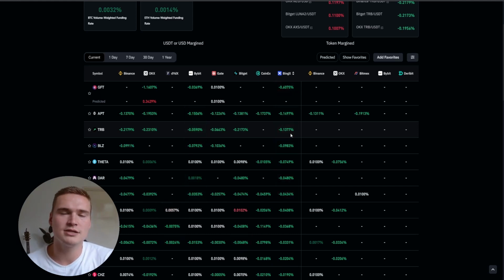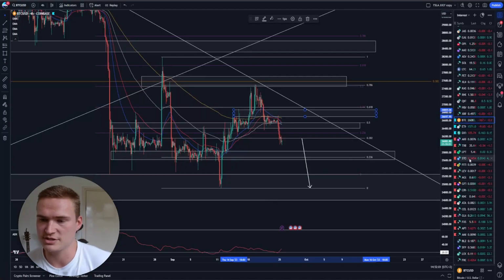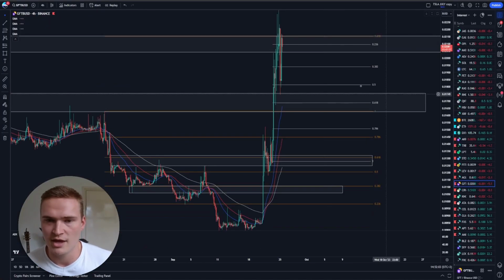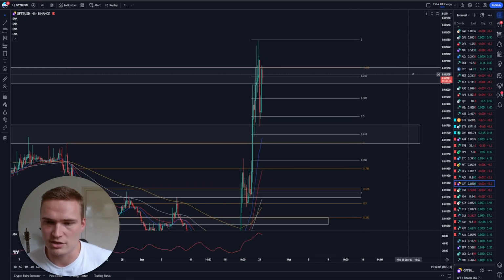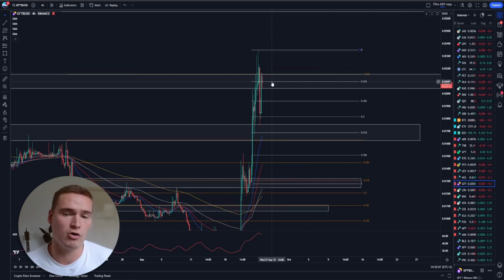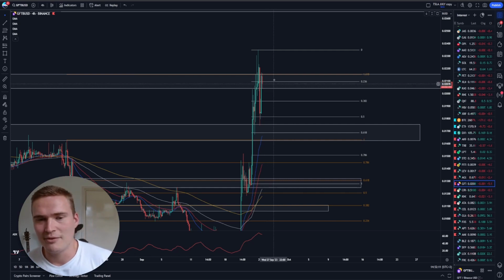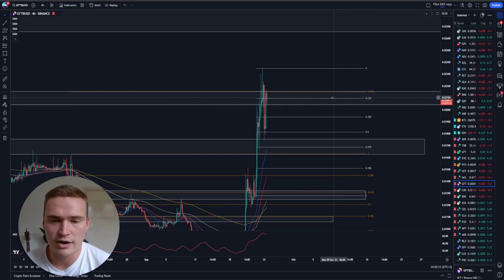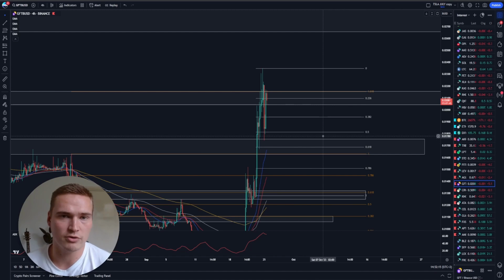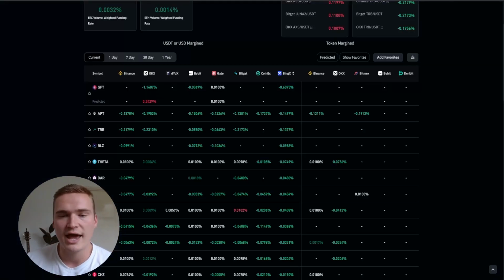So I would not necessarily go long on all of these cryptos, all right? But at least it indicates where there's an opportunity. And what you can then do is you can, for example, start analyzing GFT and say, well, the funding rates are great. I actually think this will continue going up, which, by the way, is not what I think, but just as an example. Then you have found a crypto where it's possible to go long, and you think that's a good idea because that's a necessary part of the equation,